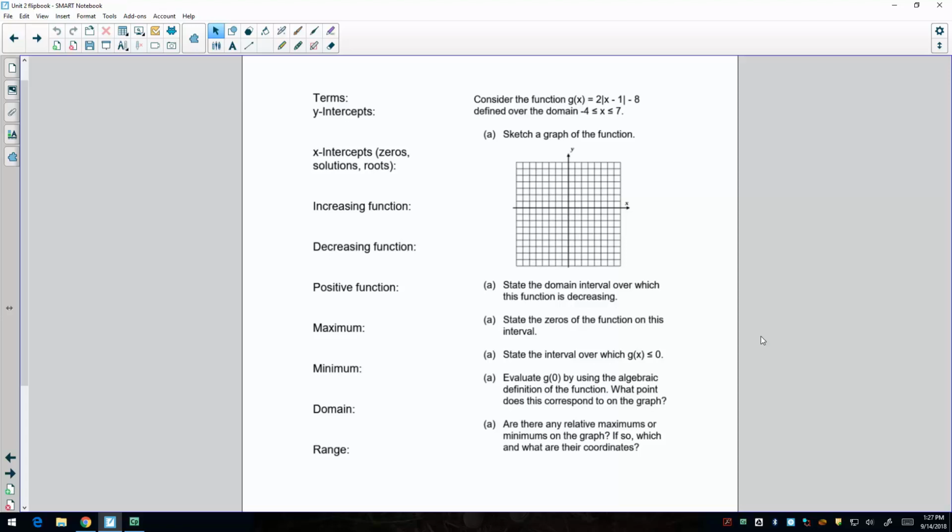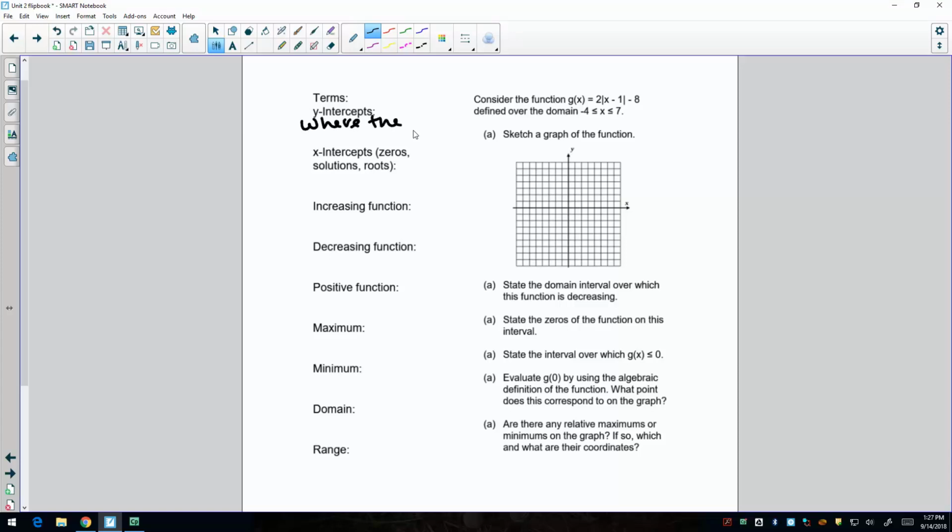Welcome to lesson 2.7. This lesson is a lot of defining different vocab words that we will use throughout the year, but definitely when we're talking about functions. Some of these you have definitely seen before, so it should be a review. You know what the y-intercepts are. There could be one, there could be more than one, but they are where